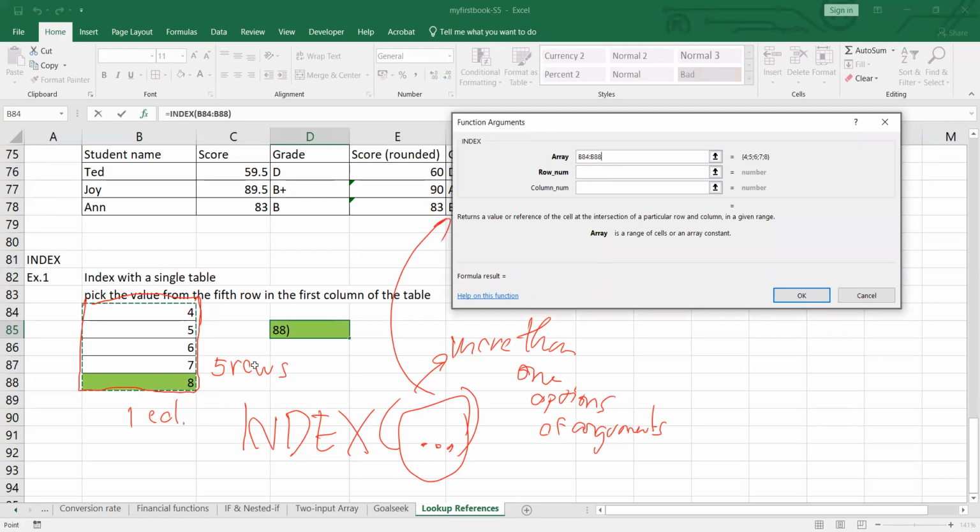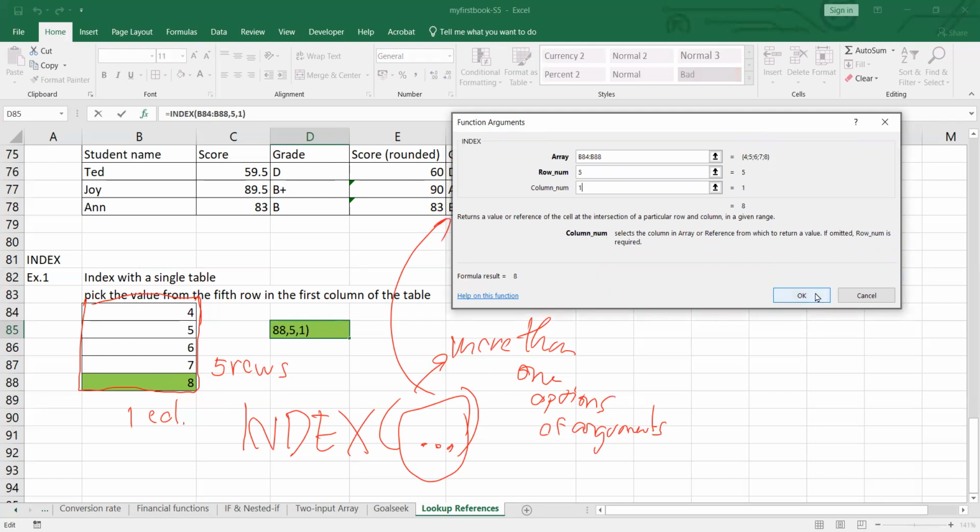The row number that I want to get the data from is the 5th row, so I put row number 5. Column number, I want it from column number 1. Just have a look on the intermediate result, it shows the formula result equal to 8. That means you get number 8 if you commit this